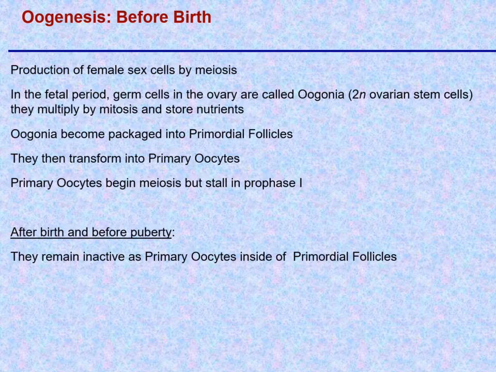7B, Part 2. This is a continuation of the female reproductive physiology. And just like with the male reproductive system, we're now going to talk about the development of the gametes or eggs in the female, as we talked about sperm development in the male. Okay, so development of the eggs is called oogenesis, and in fact